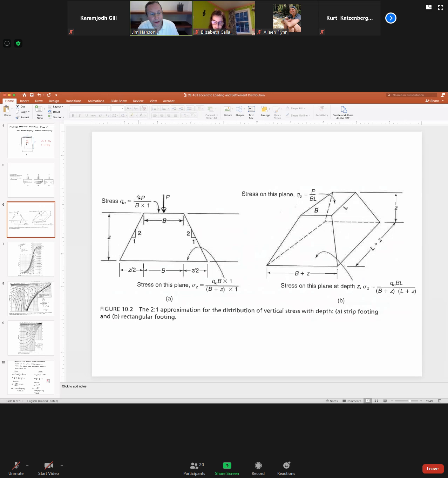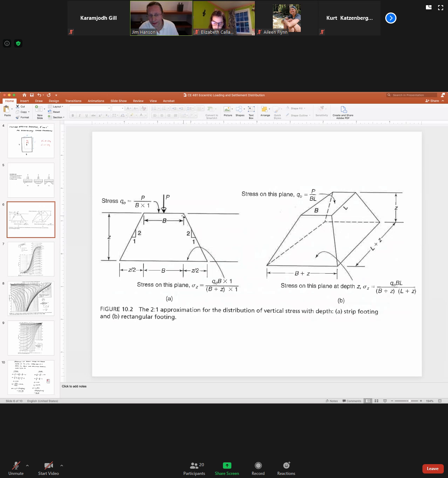And the stress acting is going to be load, P, divided by, in this case, it's a strip foundation on the left, and on the right, it's for a rectangle foundation. So on the left, it's B times 1, just taking one slice into the page. And what is assumed in this method is that we have a bridging of